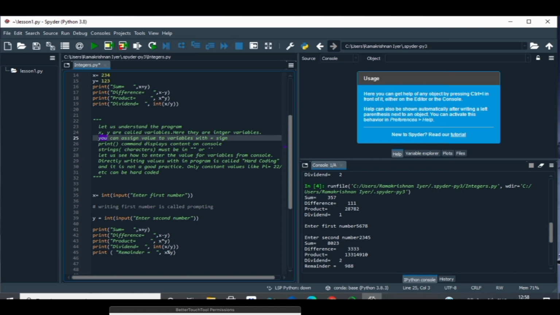Now print the sum as we did earlier, and for the dividend we are writing integer x slash y, so that it converts that into integer instead of fraction. And for remainder you can see it's a special character, percentage. When you say percentage, it gives you the remainder of division between x and y. Run the program, go to the run command.